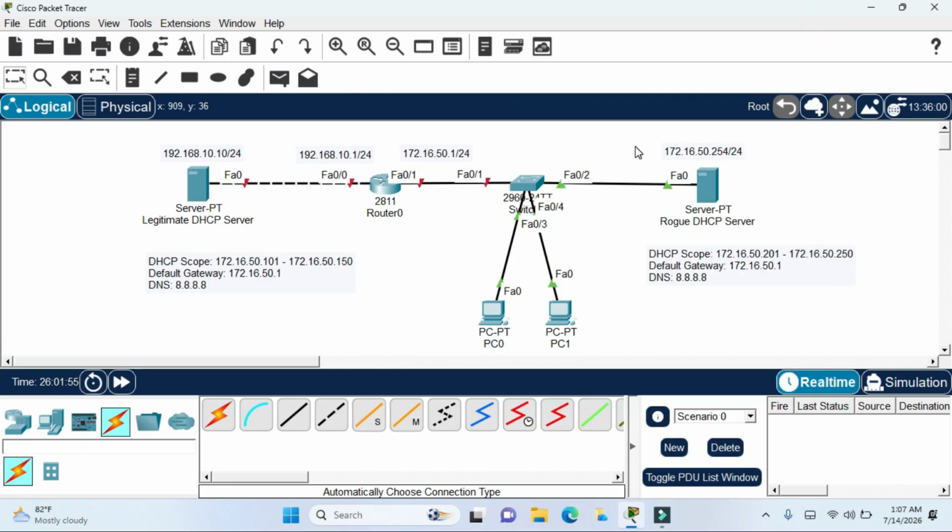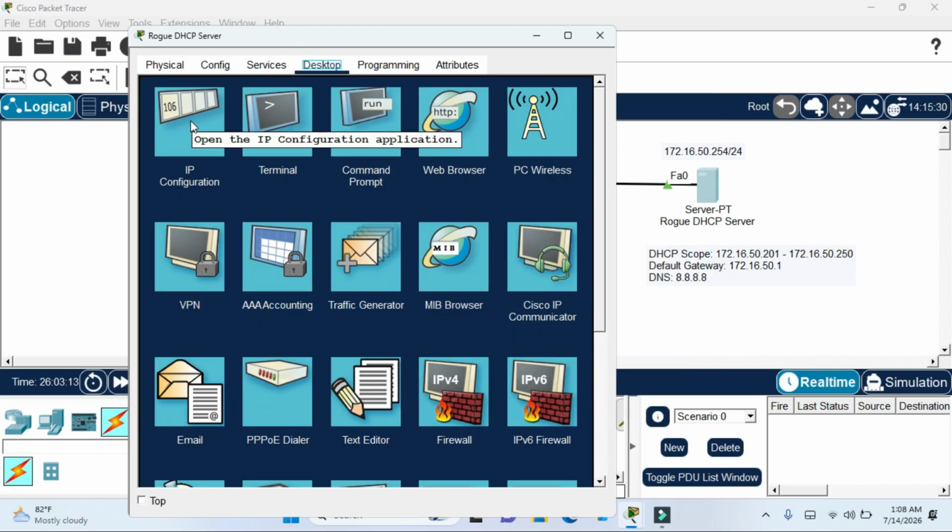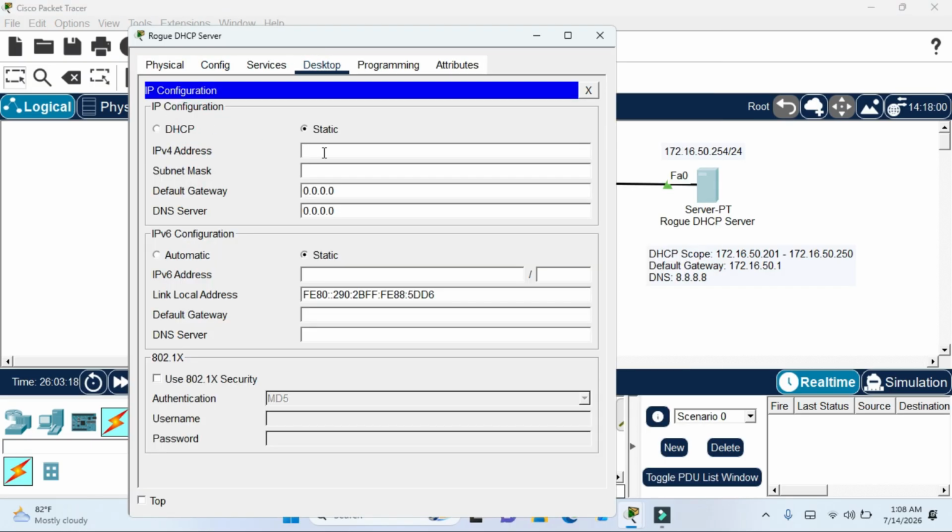Now I'm configuring the IP address on the rogue DHCP server and configuring the DHCP scope. I'm going to assign a different scope on the same network, 172.16.50.201 to 250. I'm going to use a different scope IP to verify that the IP address is not assigned from the legitimate DHCP server. Open rogue DHCP server, go to desktop, click on IP configuration, type the IP address